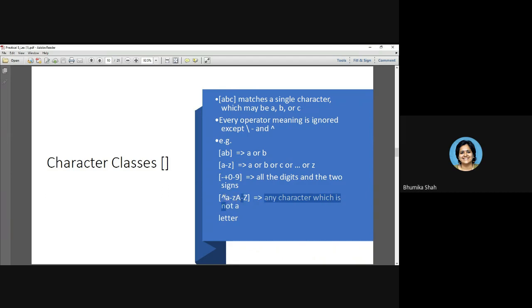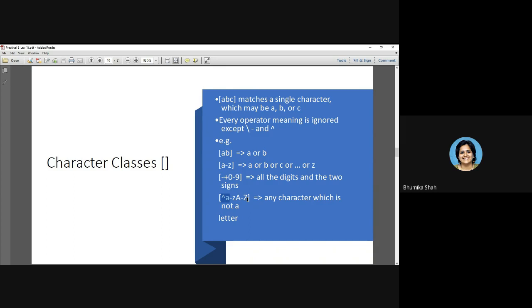If you see over here, a to z, capital A to Z, and you have a caret sign before. If you ignore the caret sign, suppose you had A to Z only, what is the meaning? It is going to satisfy either a lowercase letter or a capital letter, not both, not multiple characters. A single character which is either lowercase or capital. When you add the caret to it, what is the meaning?